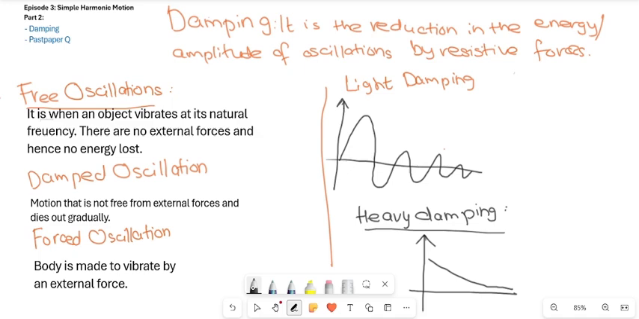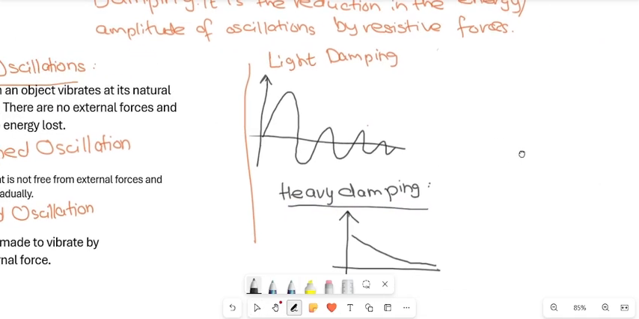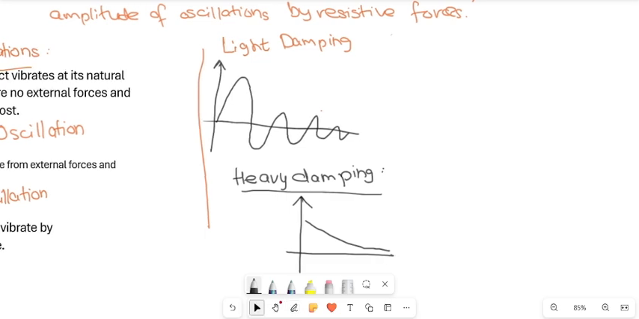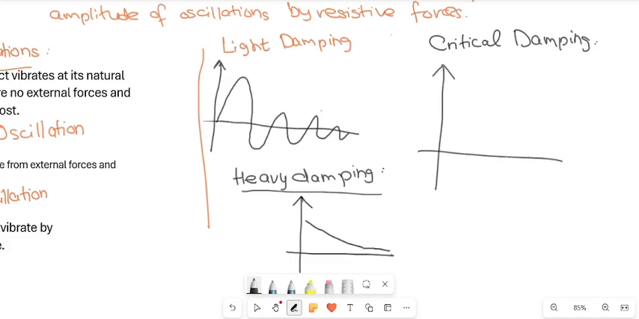This is how this will look. And if you look at critical damping, now you can see how the strength of the words increases. First you have light, then you have heavy, and then you have critical. It's like it stops immediately. So if you look at its graph, you'll see how if it starts here, it just stops like this. It just stops at that moment,